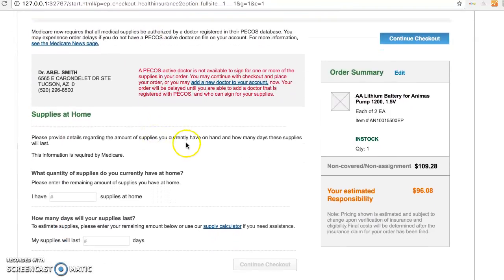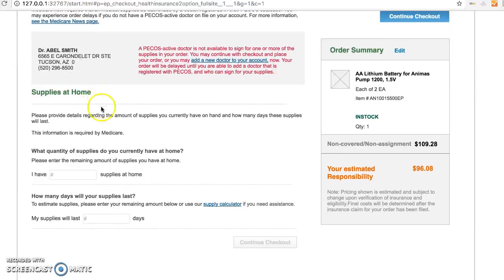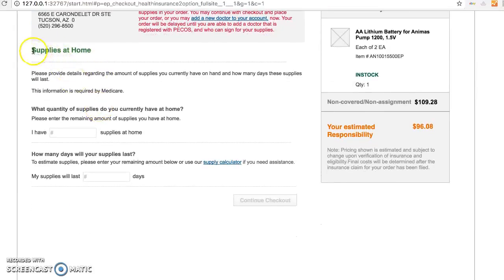So PCOS validation here. I wanted to talk to you about this and see if there's anything we could do here, because this is kind of a nightmare. But what I did want to show you was we talked about changing this to supplies at home, which I did here. And I know this is for each item, so in this case, these questions could be repeating, but